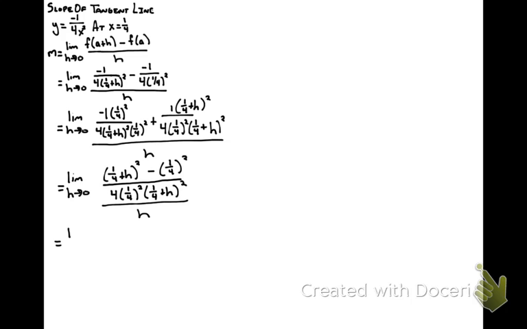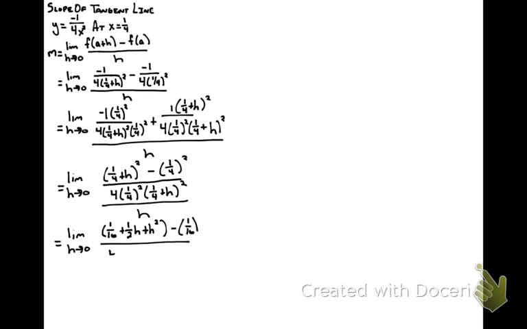And now I'm just cleaning up. I'm going to leave the denominator alone, but the numerator I need to expand, and the numerator becomes 1/16 plus 1/2 h plus h squared minus 1/16